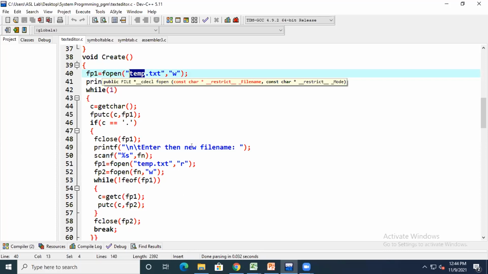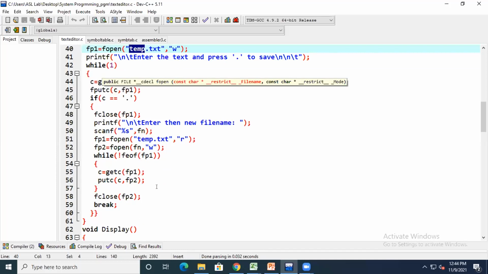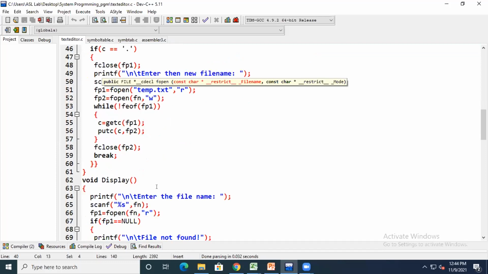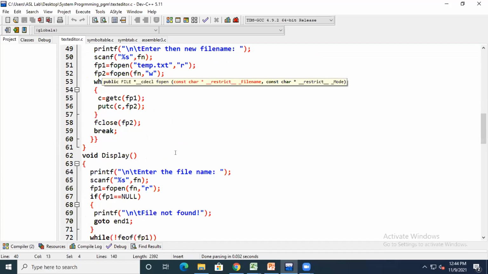For that, what I did is read temp.txt only. Whatever content I have written here, I will read there. Then end that file and break from that continued loop. And after creation, that content should get displayed is the method I have called. Now I need to get the methods.